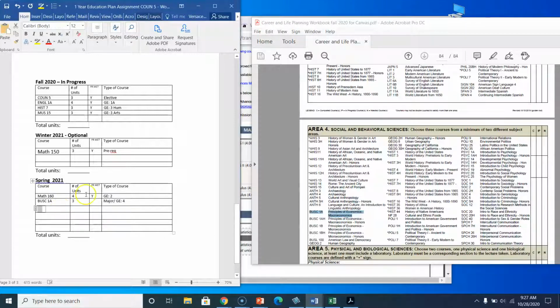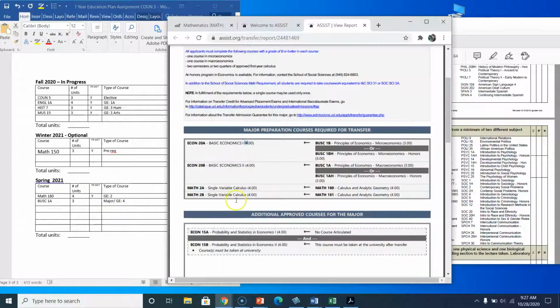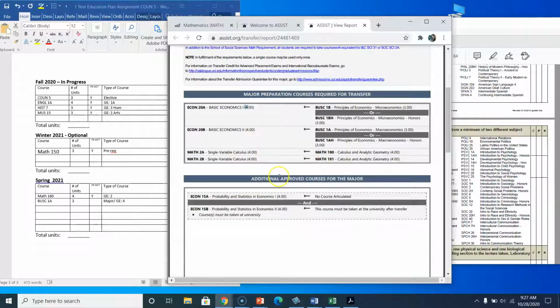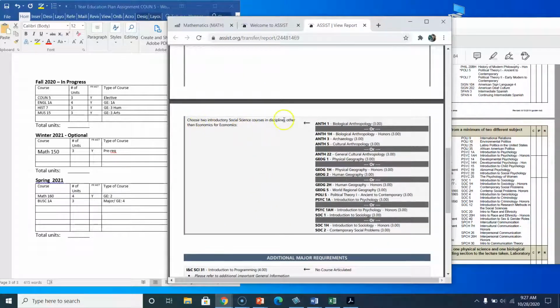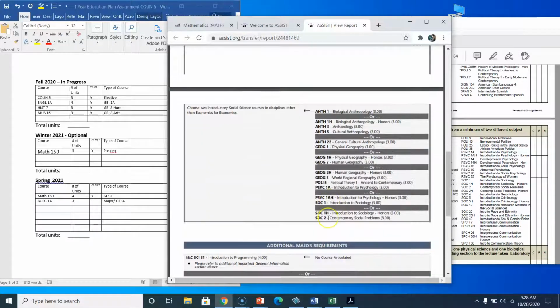Okay, let's see if there's another major class we might want to do. We're working on the math. It says we can pick 2 introductory courses. So looking at this, I'm going to pick, let's see. I'm going to pick psychology